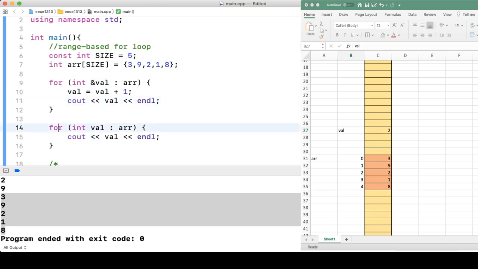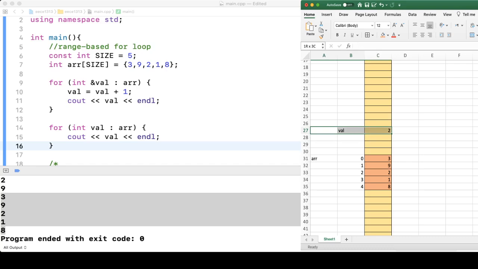What it does is that it's not going to declare a separate variable like this. If you still remember about references, it's going to create another name. So every time you run this loop,